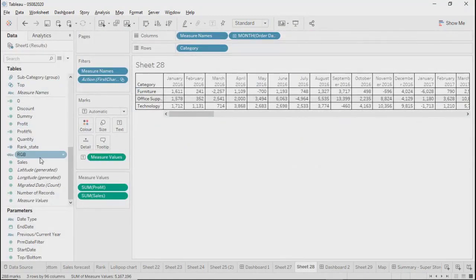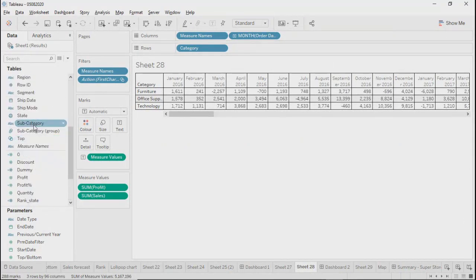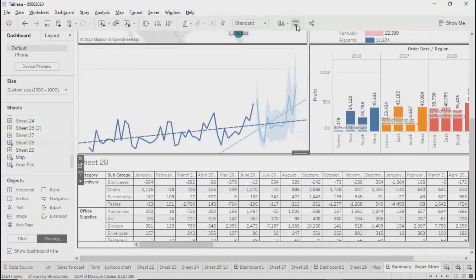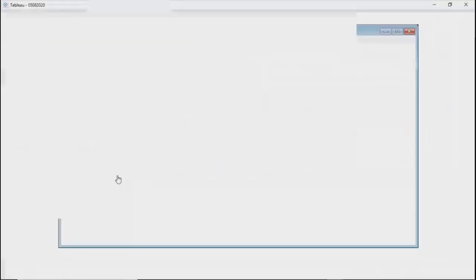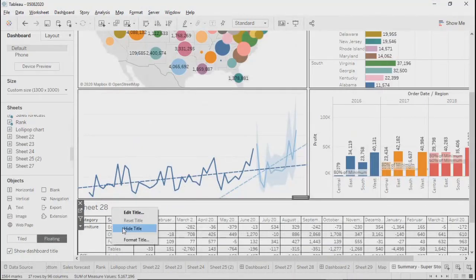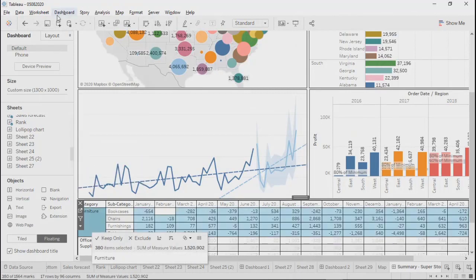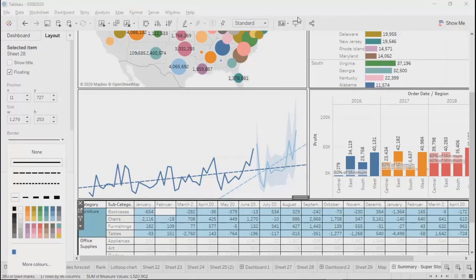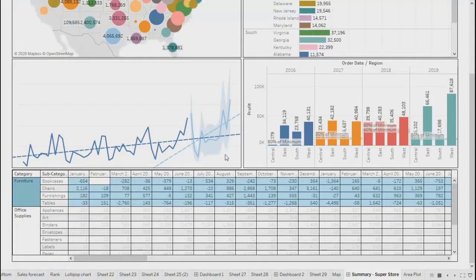Office supplies we can drag in case we need some other dimension. Subcategory could be one of them. And just go to this dashboard. So sheet 8, don't need the title. We'll have border as this, and then you can see all your objects.